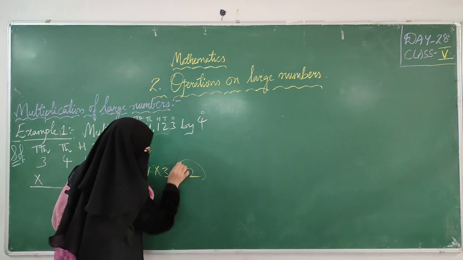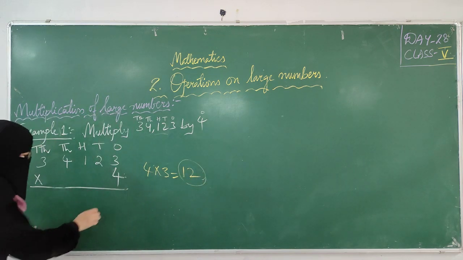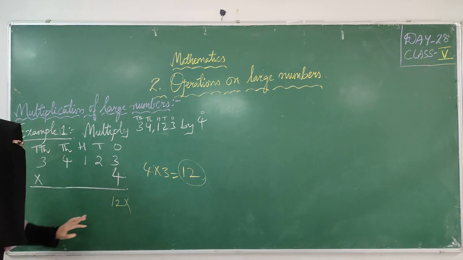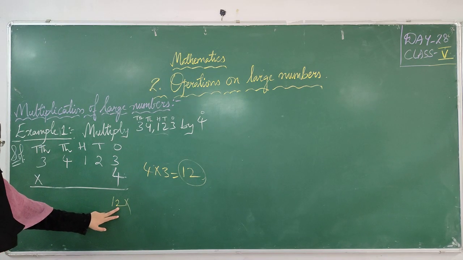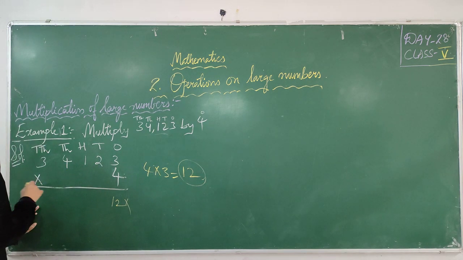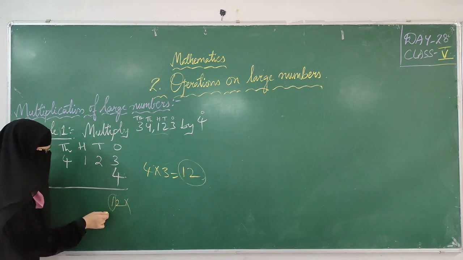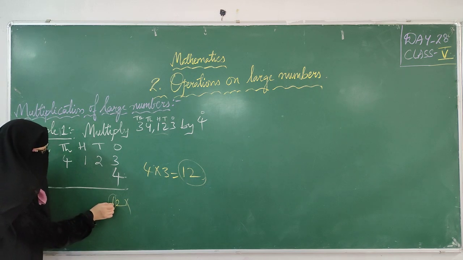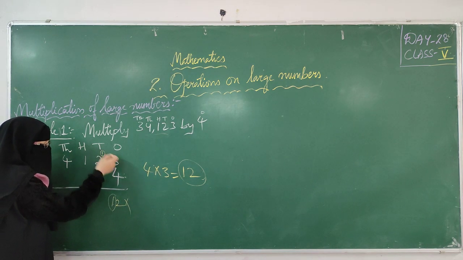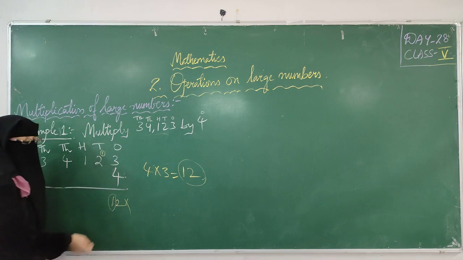So here how many digits do we have? We are getting 2 digits. So can we directly write 12 here, children? No, it's wrong, because we can't place 2 digits as a product, right? Because we have ones, tens, 100s. So what do we have to do? We have to send this 1 as a carry, and we have to keep 2 as it is.